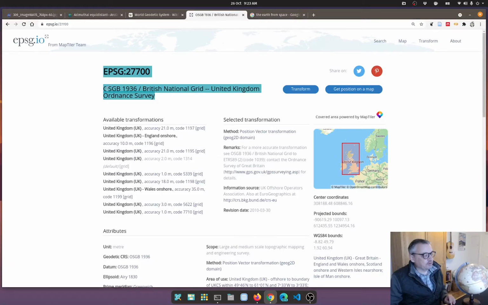You'll see its full name here: OSGB 1936, British National Grid. Nearly all of these coordinate reference systems have what's called an EPSG code, which stands for the European Petroleum Survey Group. They took responsibility for collecting all the different coordinate reference systems and projections that are used by people. You can make up your own coordinate reference system, but anything that's commonly used at all will have an EPSG code, and that can be important when you're trying to find the projection you want